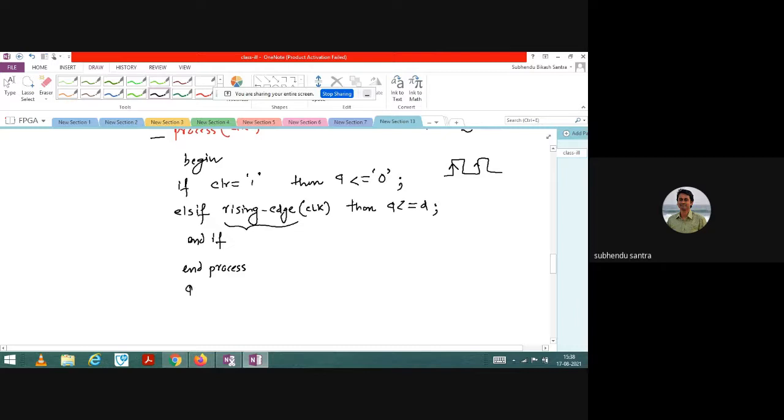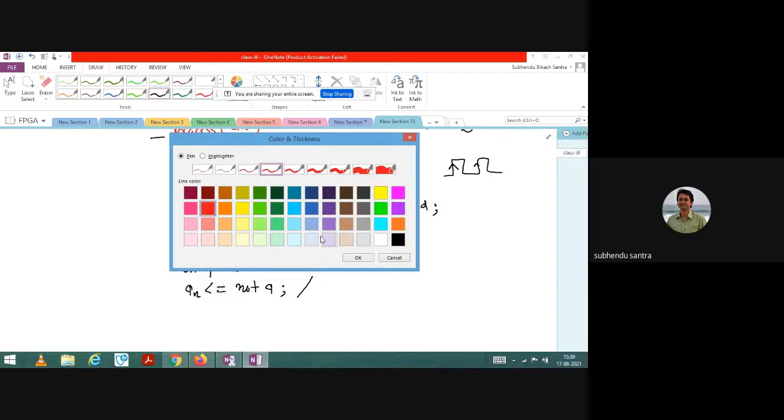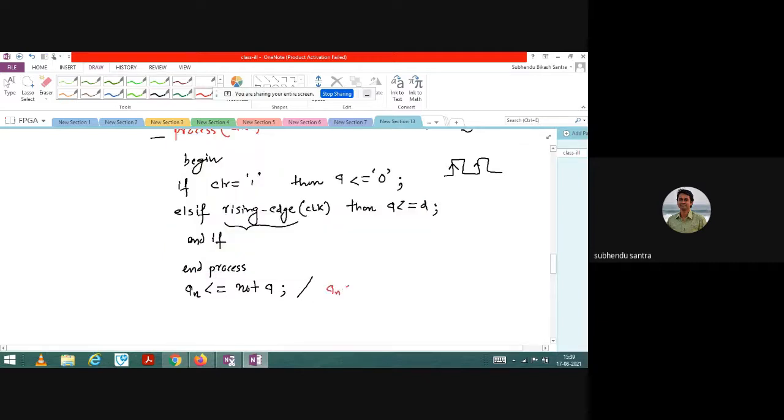And for Qn, I am now doing Qn equal to, let us say, not Q. You can do whatever you like. You can directly write Qn equal to Q to hold the previous state. I am just toggling the previous state. So if you do not like it and want to hold the previous one, you can directly write Qn equal to Q. But for that there is no need to take this variable anymore. So if you need a toggle, then you can take it. Then finally end behavioral.